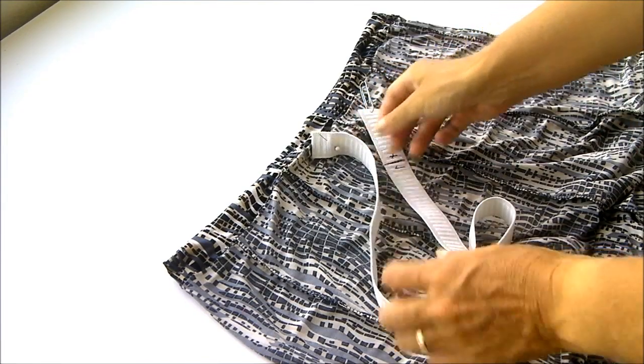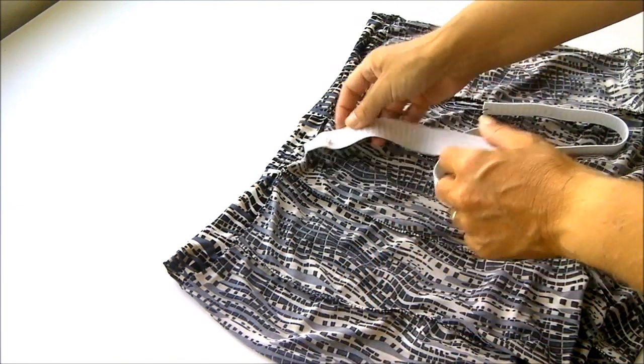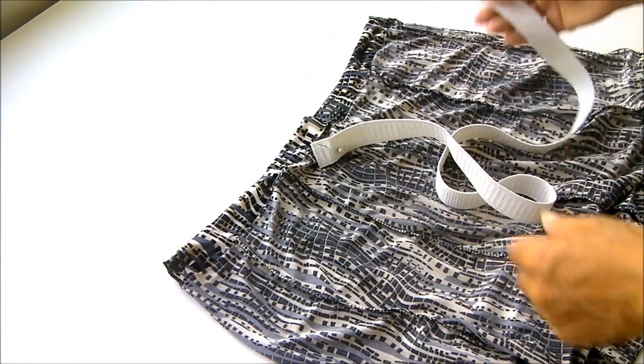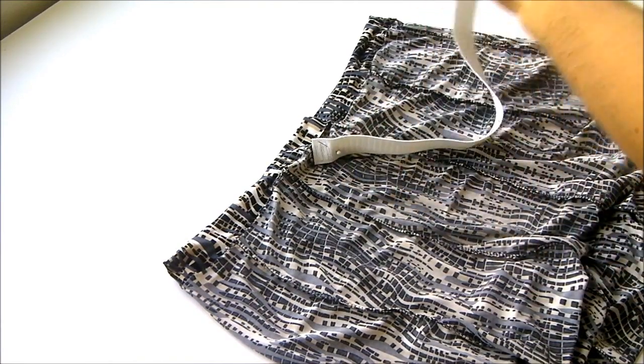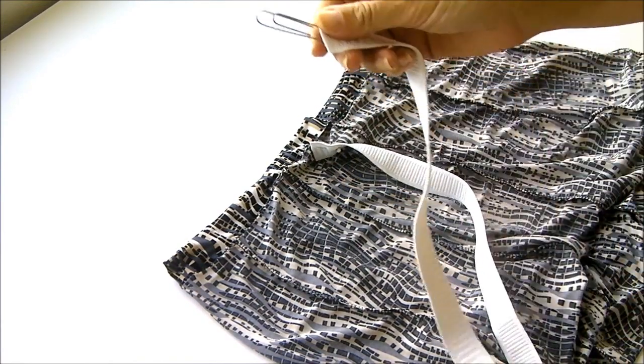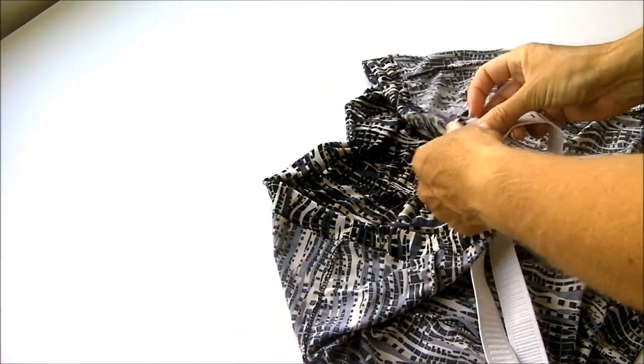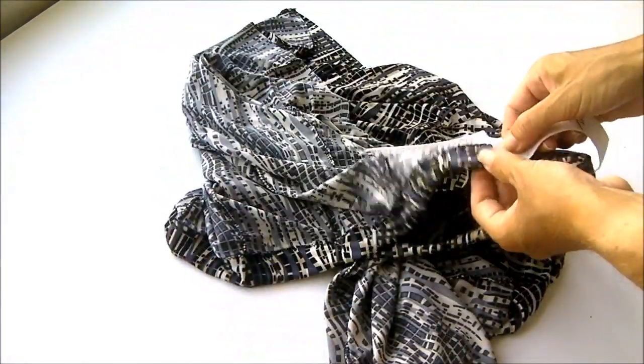So now my casing is completed. I've got my piece of elastic, and I've just anchored it with a pin at this end because I don't want it to pull through by mistake before I'm ready. And you can either put a big safety pin or a big paper clip on this end and just feed the elastic through the casing. You want to make sure as you do it, you're going to